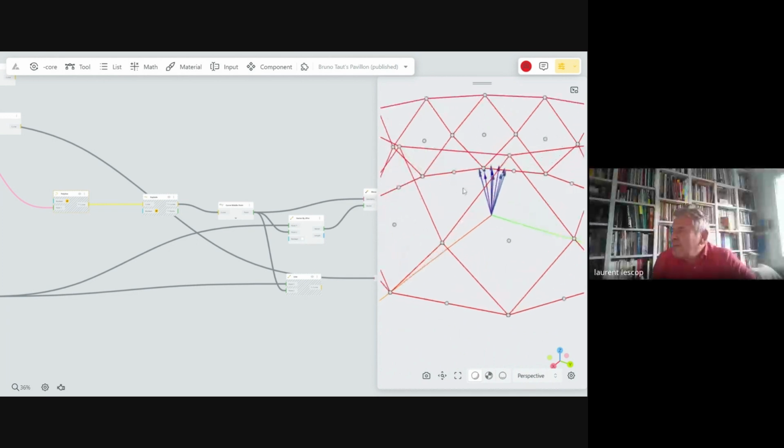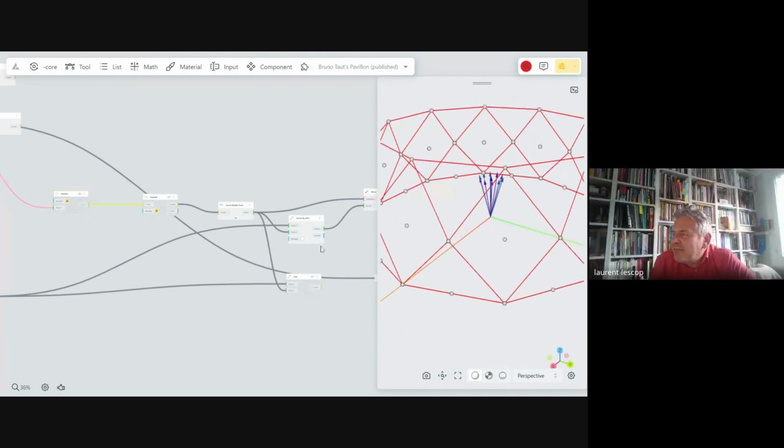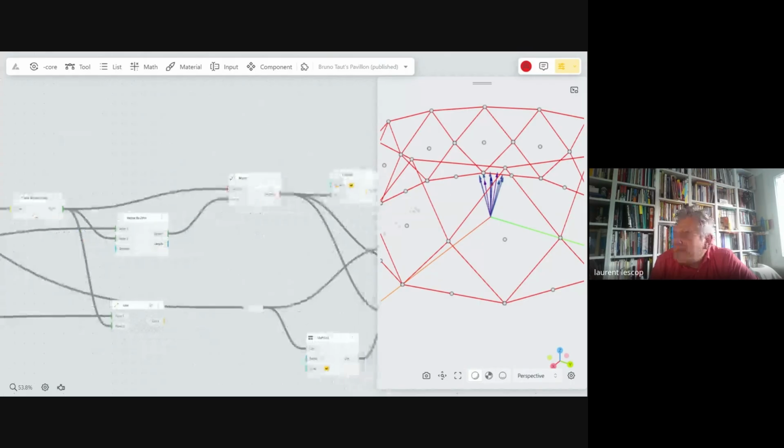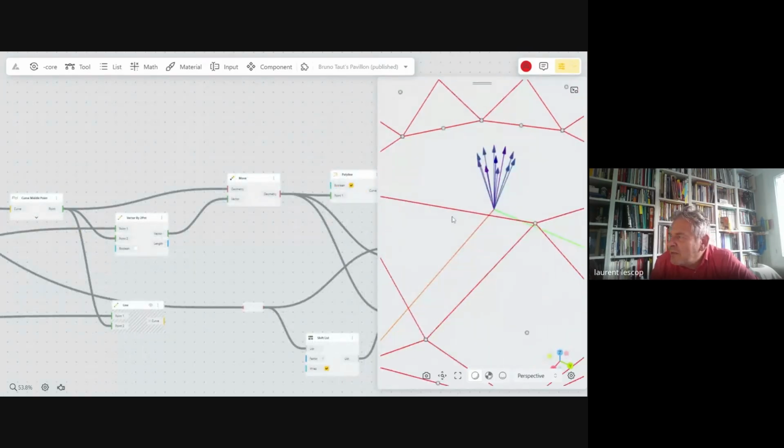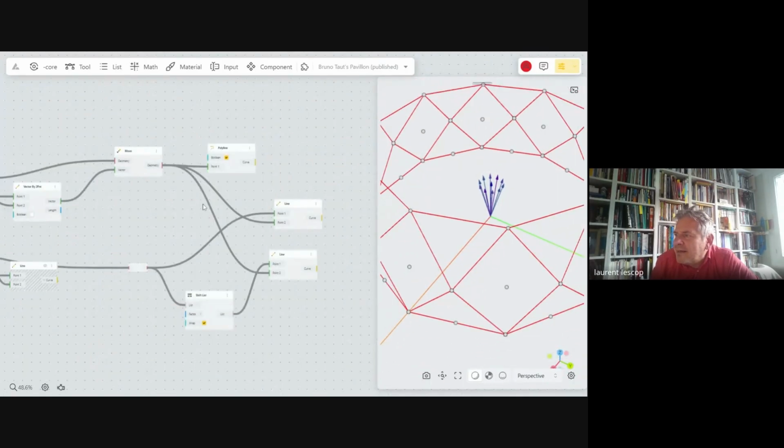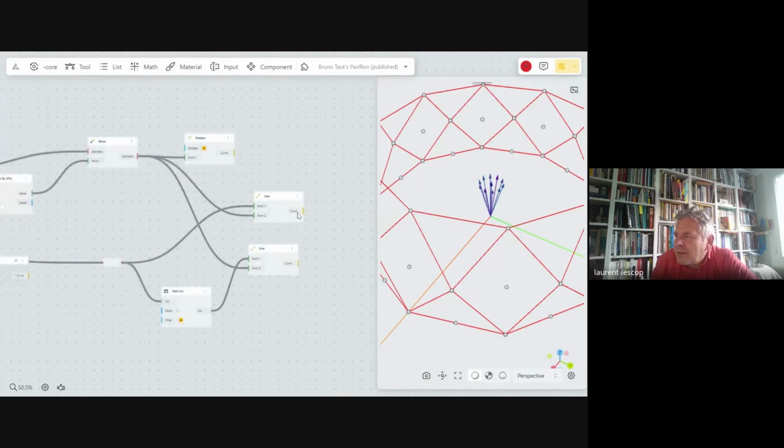So what I've got to check, because I've been going a bit fast, is if I don't have double lines. So in my geometry, I always got to check which number.